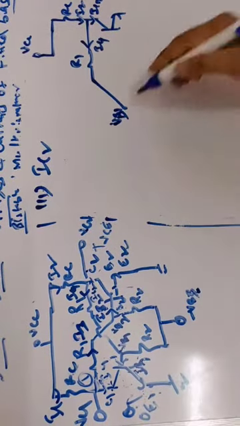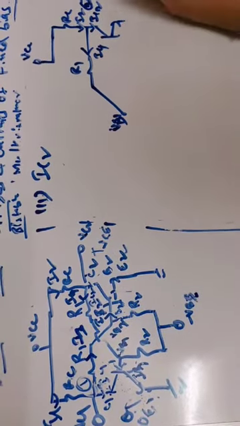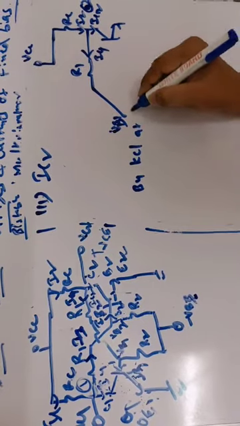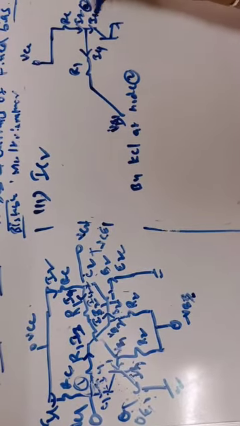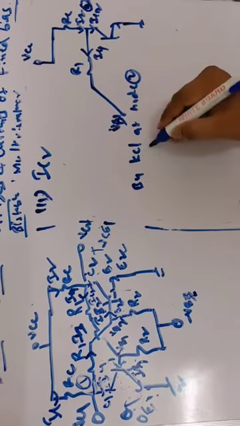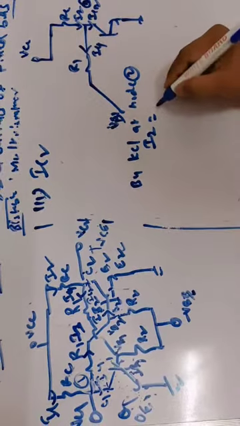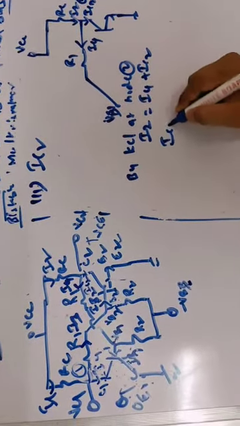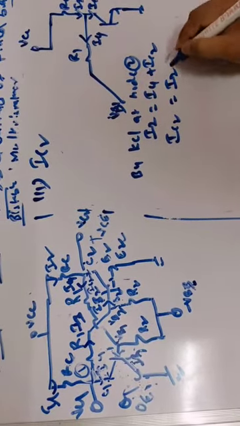Now this current I4 is directly connected to the base of the first transistor, VB1. We can analyze this current IC2 by applying nodal analysis at this node 2. Now what is the KCL equation? By KCL at node 2, the incoming current is I2 and the outgoing currents are IC2 and I4. So the sum of entering currents is equal to the sum of leaving currents, I4 plus IC2. So we can find IC2, it is equal to I2 minus I4.